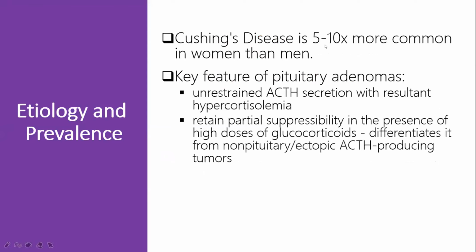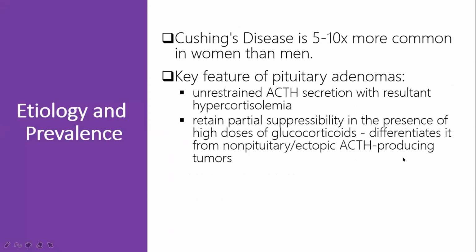Cushing's disease is 5 to 10 times more common in women than in men. The important feature of pituitary adenomas is unrestrained ACTH secretion with resultant hypercortisolemia, and they retain partial suppressibility in the presence of high doses of glucocorticoids. This is what differentiates it from non-pituitary or ectopic